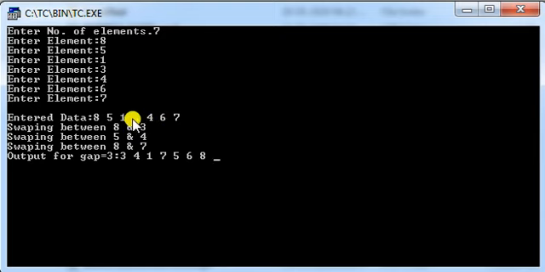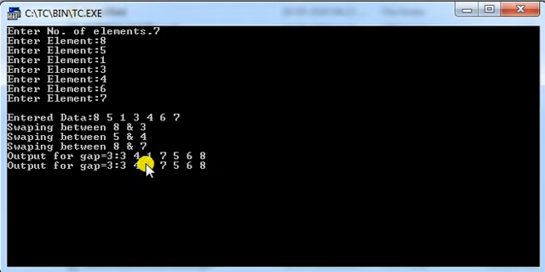Then over here, instead of this 3, 8 has been placed by the first swapping, so it will check 8 with 7. 8 is greater than 7, so there is a swapping between 8 and 7. So as we have seen in this entire array processing, there are 3 swappings. So it will continue the comparison with the same gap, that is gap equal to 3.